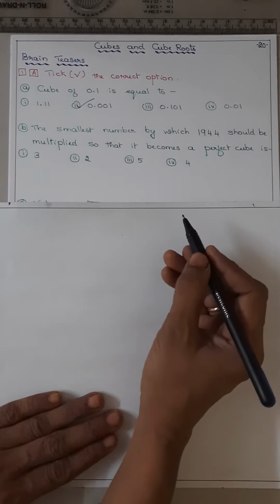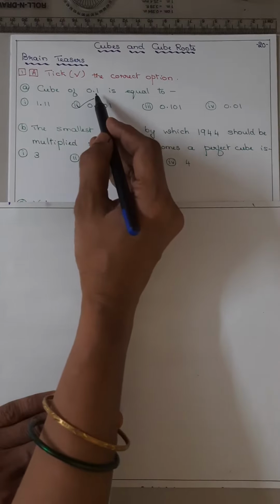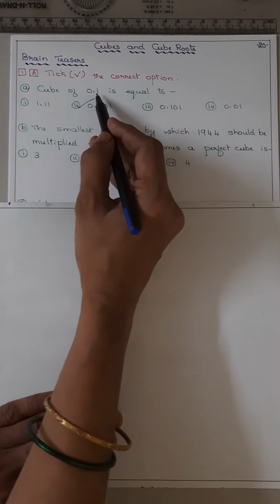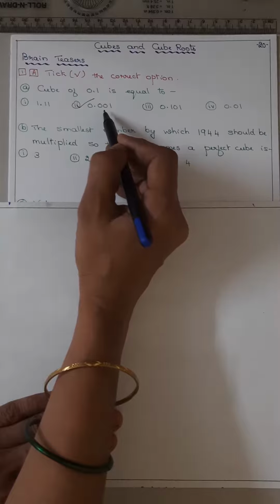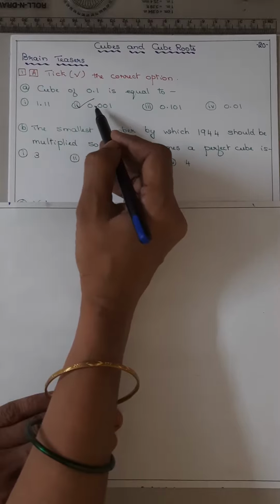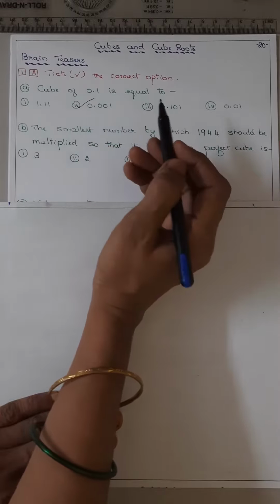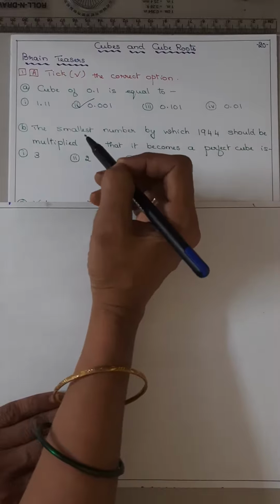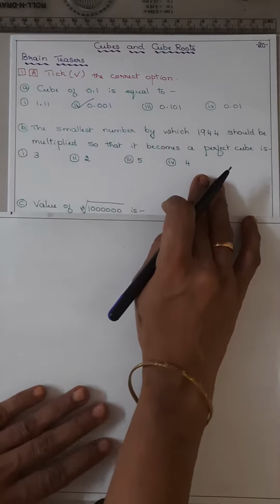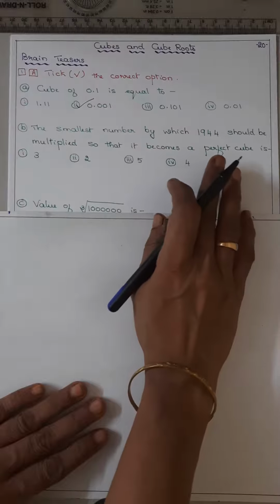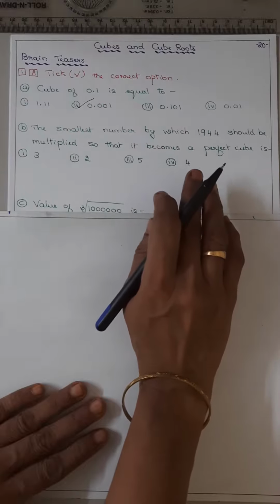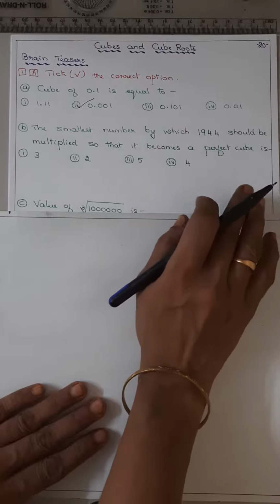1 cube is 1. The question is having 0.1, the first decimal. So the answer will have 3 decimals. So that means 0.001. Now second, B question: the smallest number by which 1944 should be multiplied so that it becomes a perfect